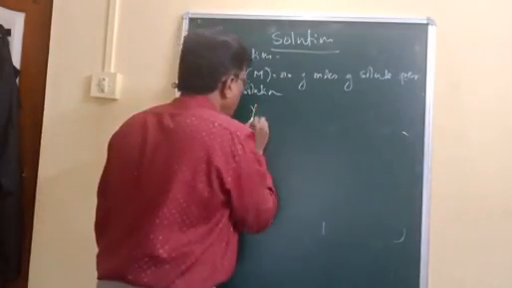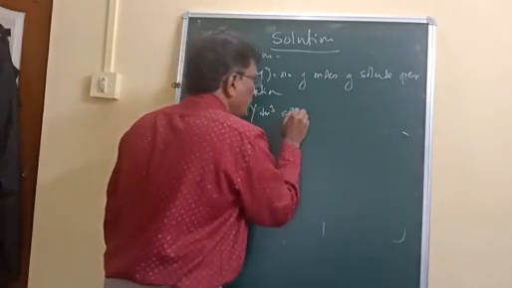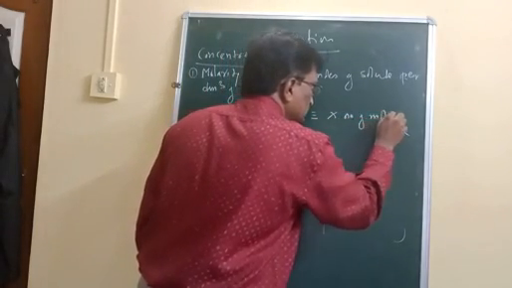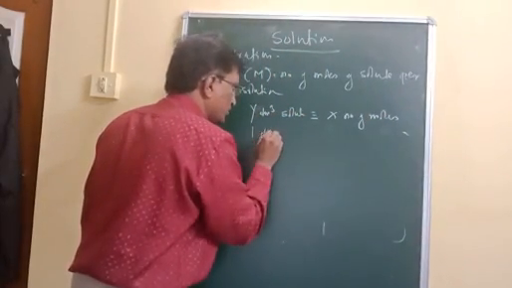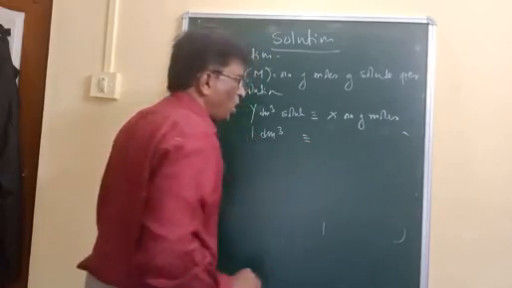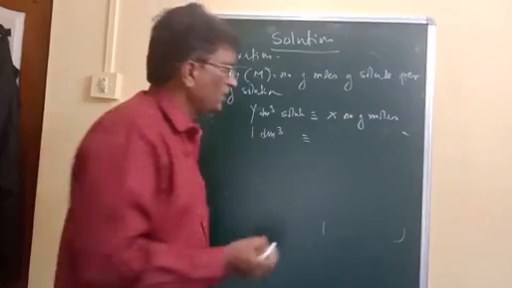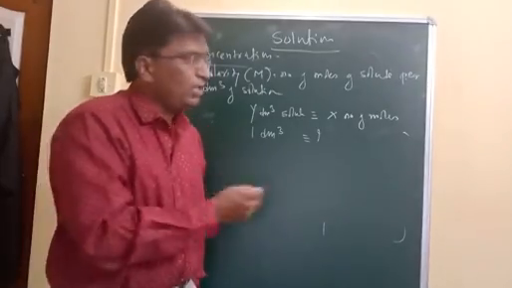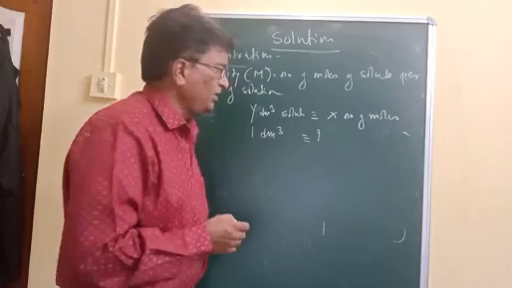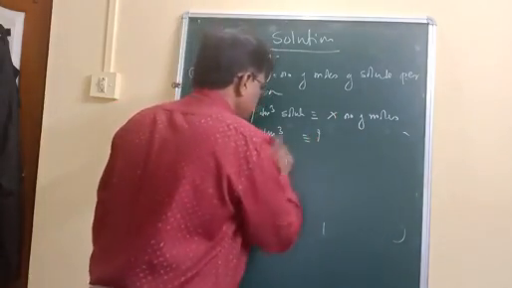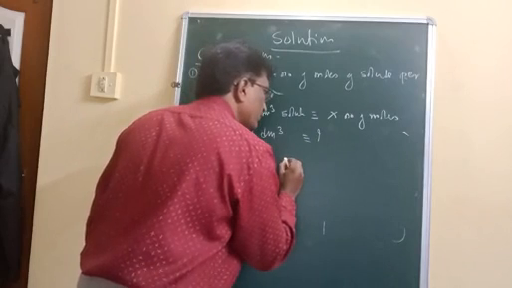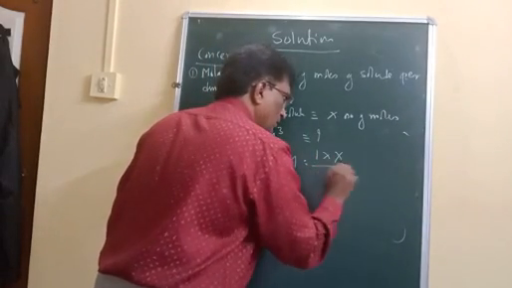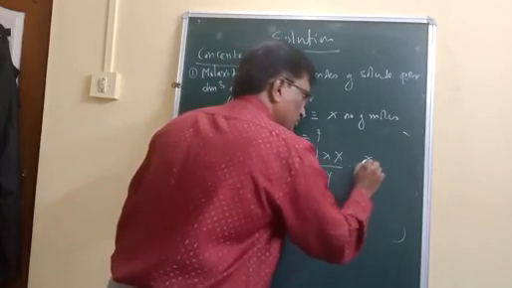Now again consider y dm cube solution contain x number of moles. Then according to definition, 1 dm cube contain how many number of moles? That will be molarity. And therefore here we have question mark, and that question mark will give the answer of molarity. Then how we will solve it? Just by cross multiplication. Capital M is equal to 1 into x divided by y, that is x by y.